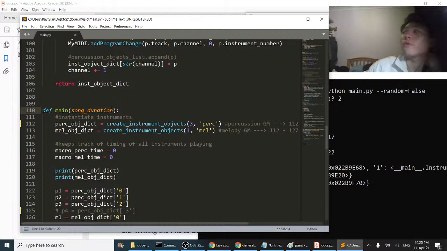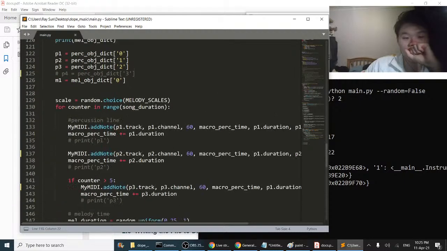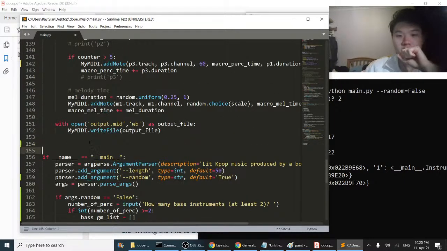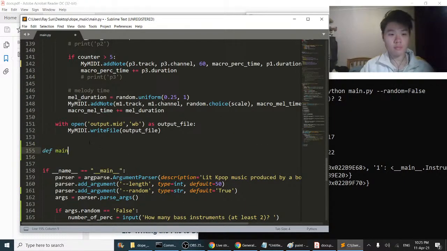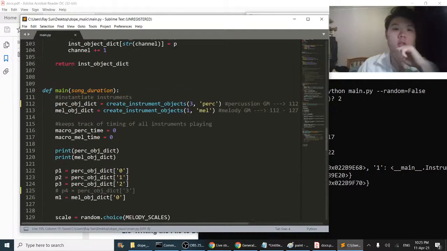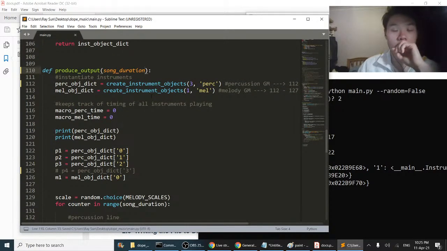We should simplify our main. Let's simplify our main, and this should be called just produce output. So produce output requires song duration. It also requires you to